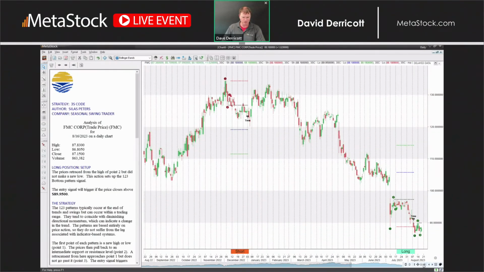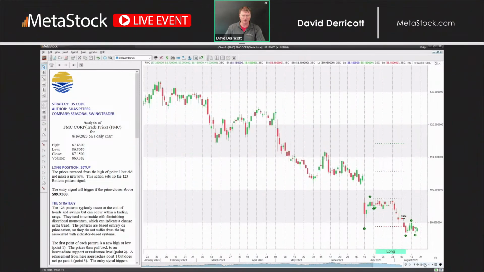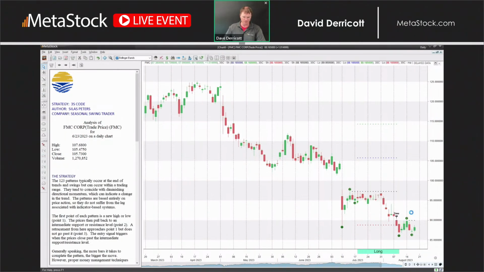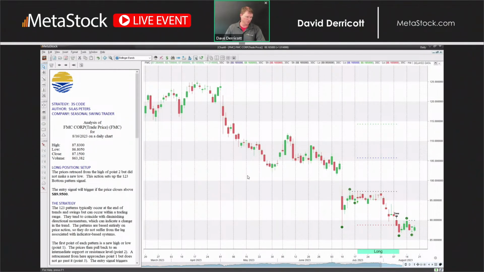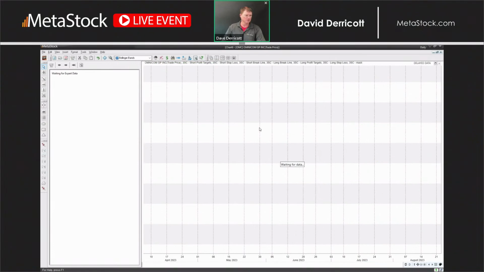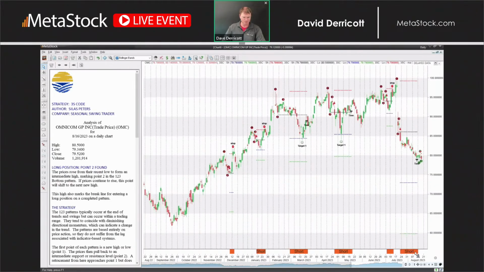Very similar situation here. Like I said, I'm not surprised that I didn't get any signals on the chart. It's just because I haven't hit that break point. But I did get the setup, so I'm just waiting for the signal on the chart itself. Again, this is such a simple, easy add-on to follow, and it does a really good job, especially with breakout points and reversals in the market. And then I'm going to go ahead and click on my next chart. I think this was the last one.